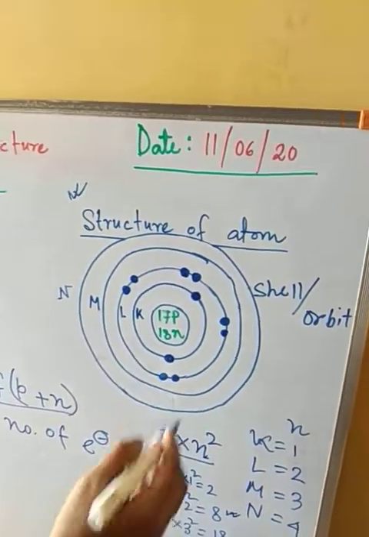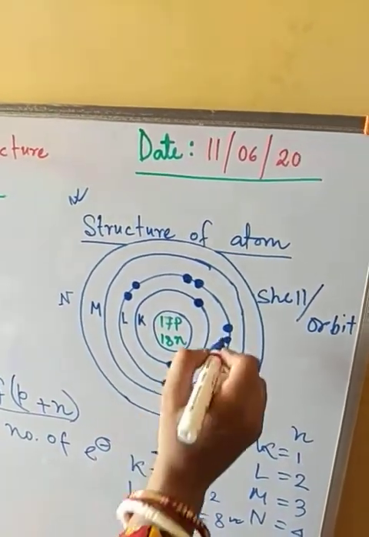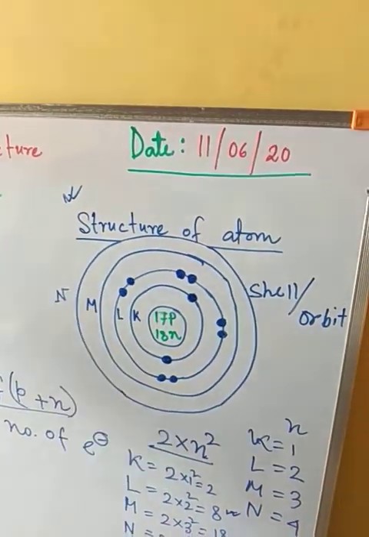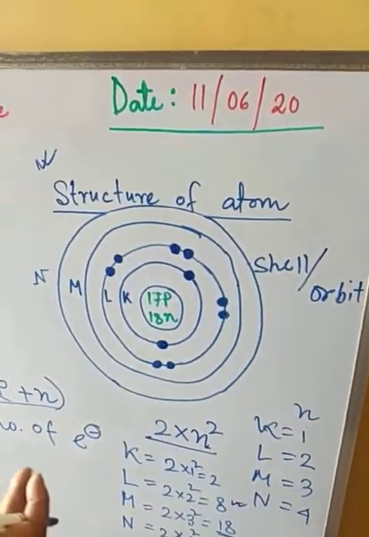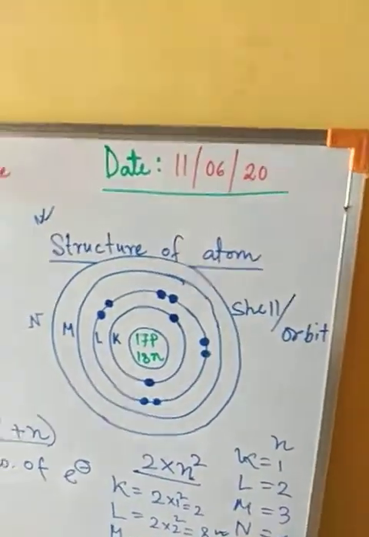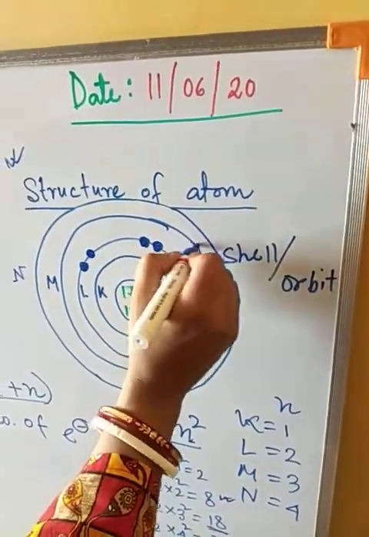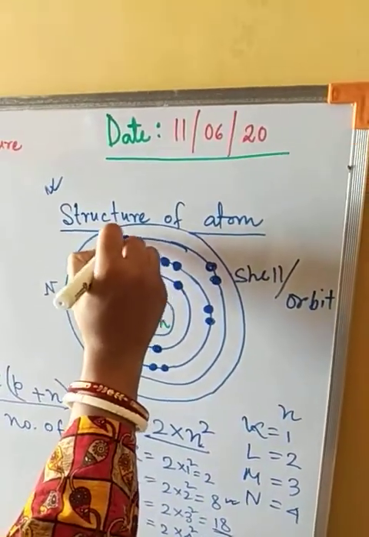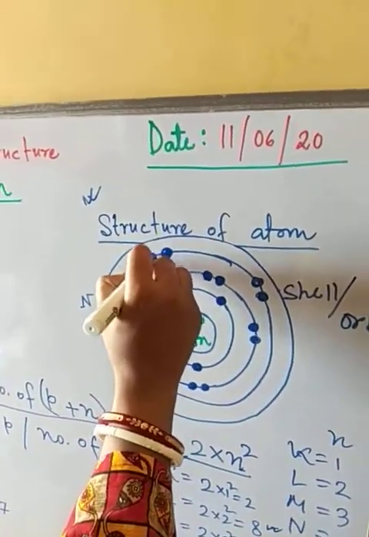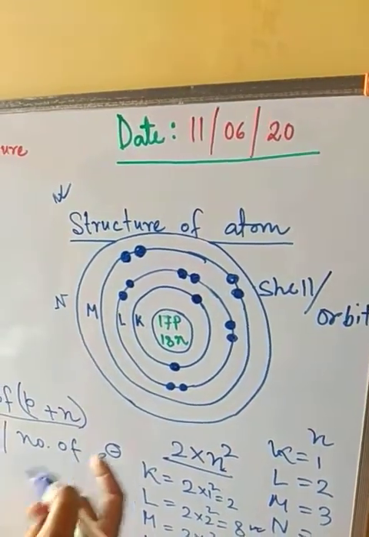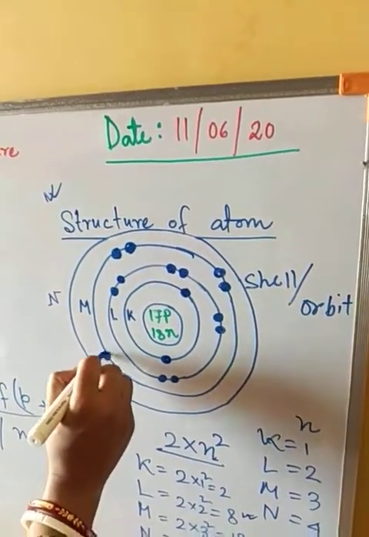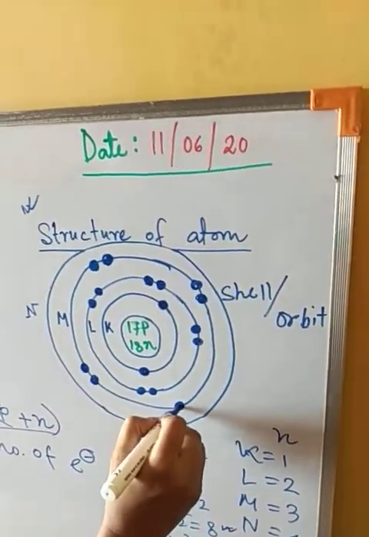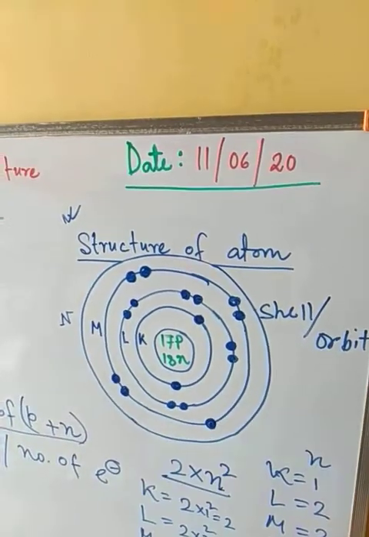Now we have already drawn a total of 10 electrons and 7 electrons are left, as chlorine has a total of 17 electrons. So let us draw that. In the M shell, the capacity is 18, but we have only 7 electrons, so we can draw only 7 electrons here for chlorine. So 6 we have already drawn and 1 more, which is alone, unpaired.